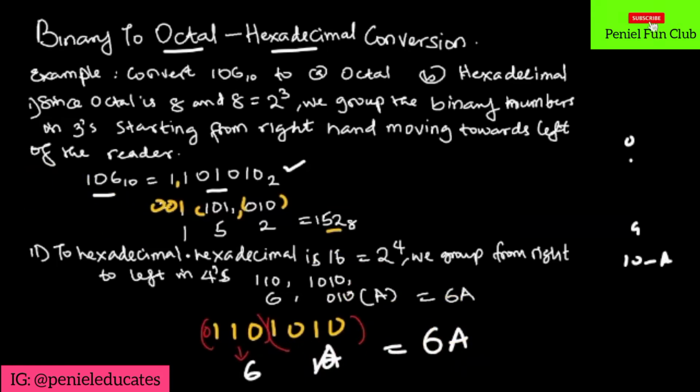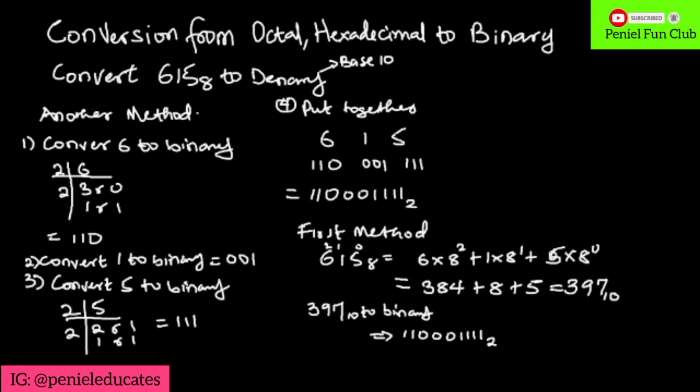All right, so that's how to convert binary to octal or hexadecimal. So if you have binary that you want to convert to octal, for octal just group in 3. Then for hexadecimal, just group in 4, and you convert each of the groupings to decimal, which is base 10. Then you get your number. Okay. All right. So let us look at conversion from octal now. So you want to convert from octal, or want to convert from hexadecimal, to binary. All right. So now if we're given